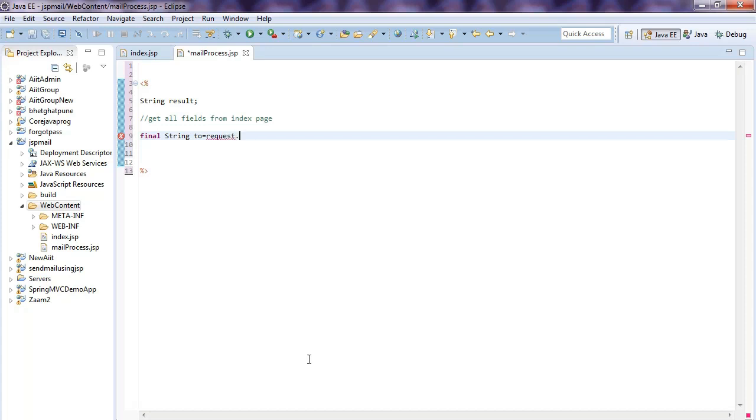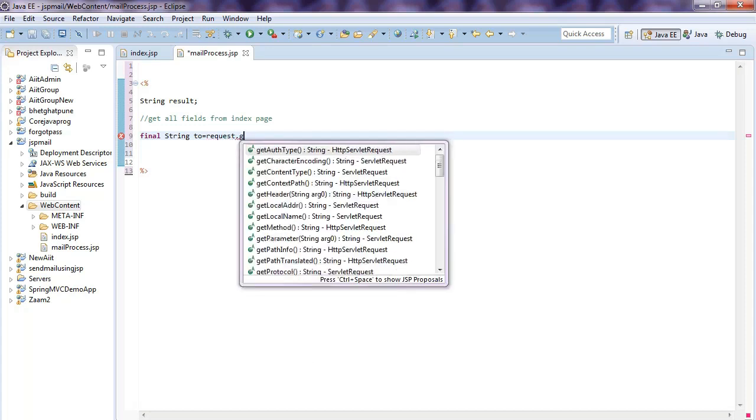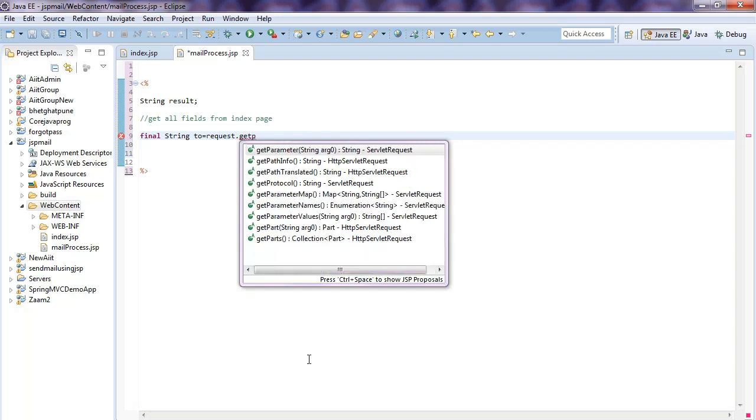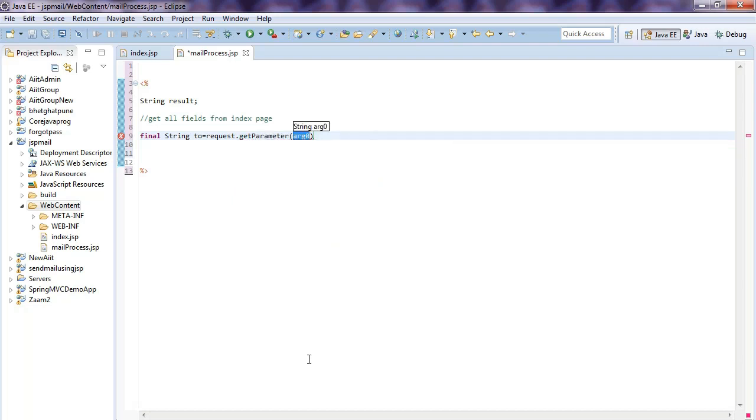Request dot getParameter, string type, servlet request, and you write the field name mail. Why do I write the field name mail?